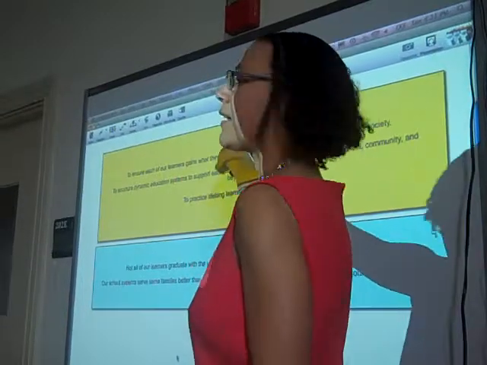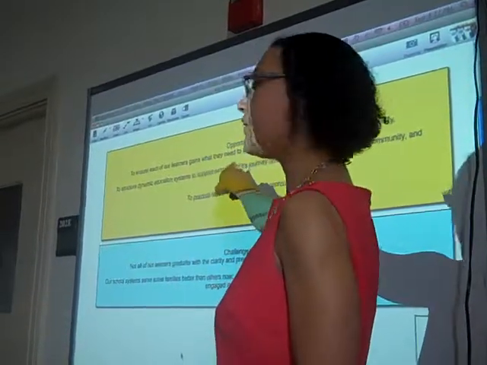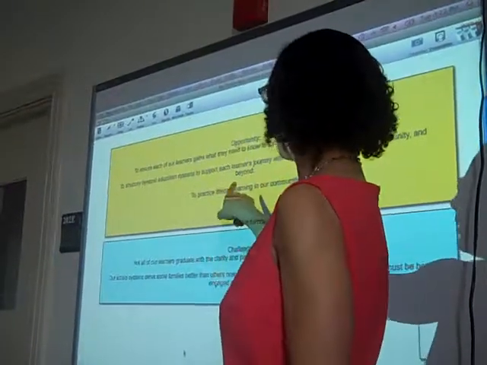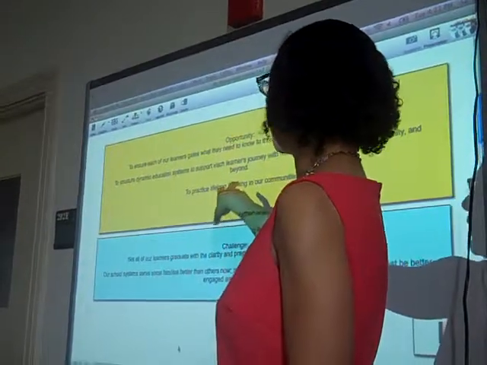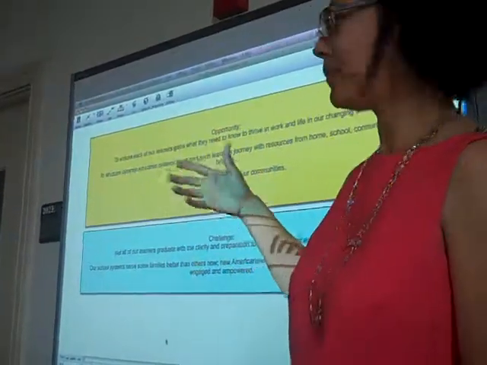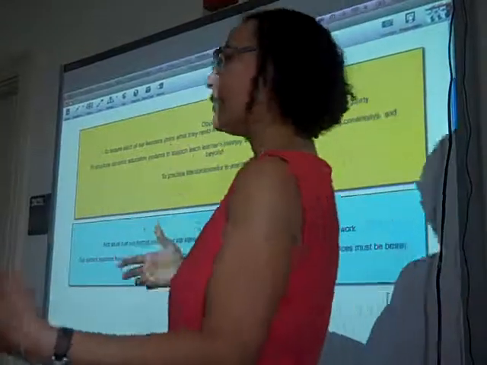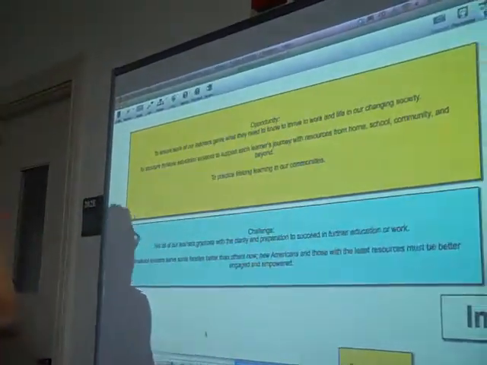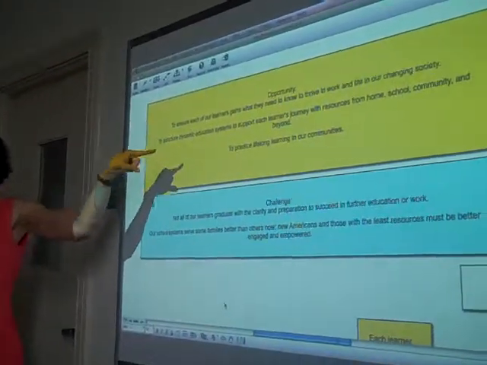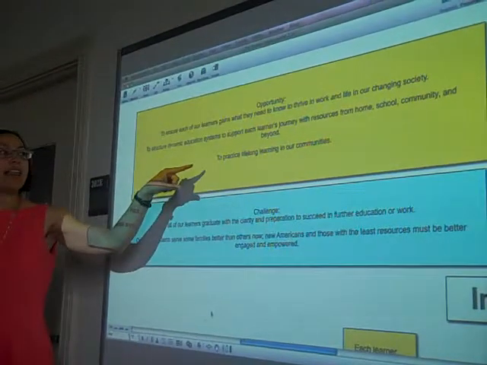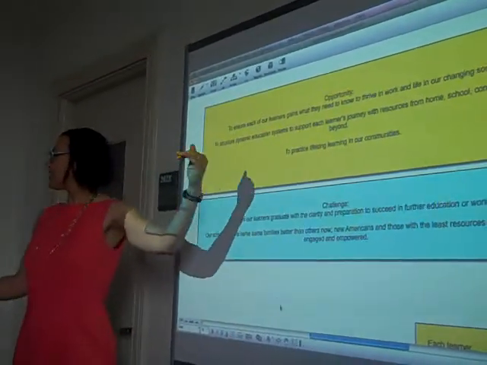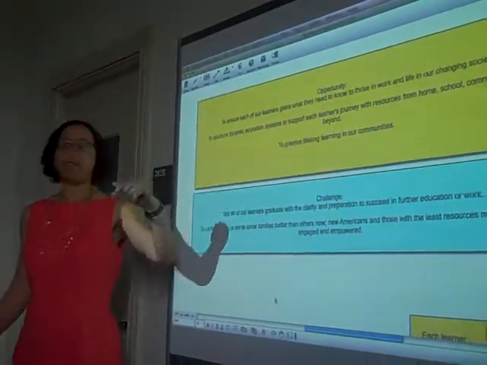So these are two areas. One, focused on the learner. Two, focused on the education system. And then the third, in terms of opportunity, it has to do with this value that we're trying to model, trying to instill within what we create for this education system. And it's the idea that we have the opportunity to model and get to the point of practicing lifelong learning